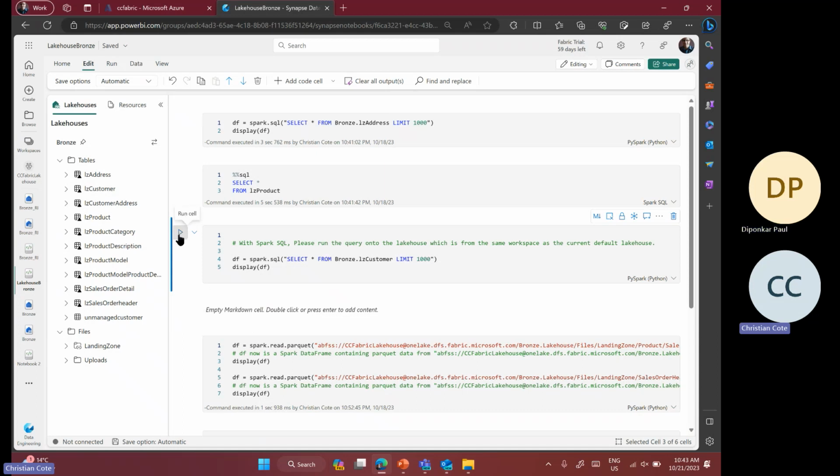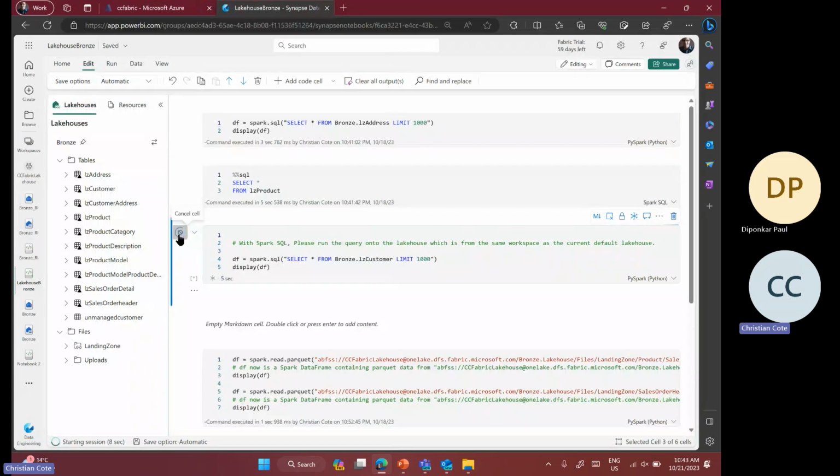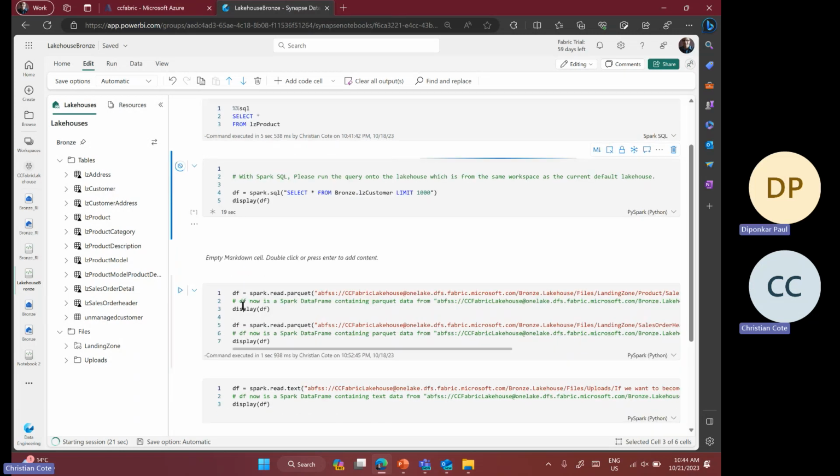I can run it. The first time it would take 3 minutes, right? Microsoft is saying you don't have to wait for your cluster to be hydrated. It's true with the reserve instance mode. When you have your own capacity, the first time it needs to wake it up, right? So it will take a few minutes, but you can see that it's simply SQL here.